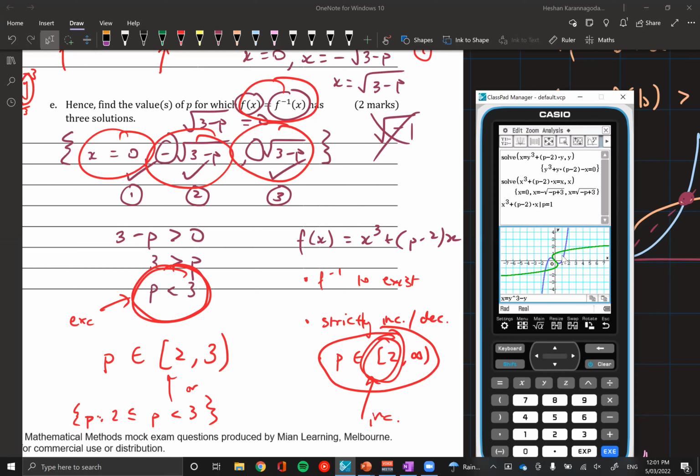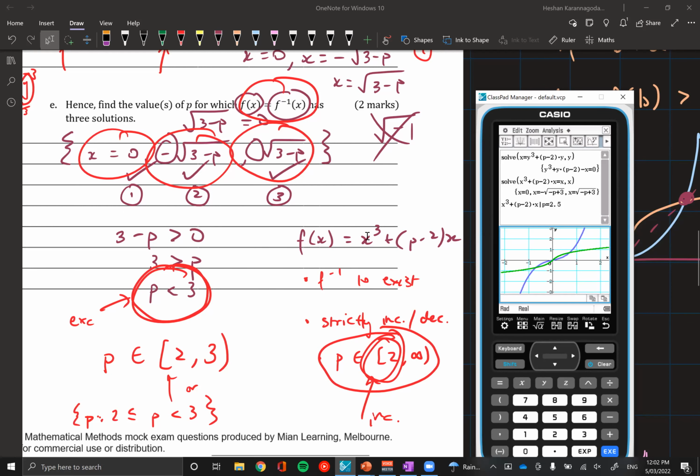Like using the graph? But let's say we clear this graph. And we had p is equal to, let's say, 2.5. That's in between 2 and 3. We sketch this and we sketch an inverse. We can see that we have 3 solutions now. If I zoom in on this. So we have 3 solutions now. And you could also see that now our green curve is actually a function because it's 1-to-1. So 3 solutions and our function is actually 1-to-1, which causes an inverse function to also be 1-to-1. So in this case, it would be a nice example or exemplar of when you would actually get 3 solutions and our inverse function existing.